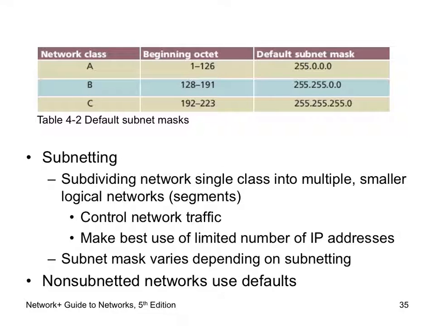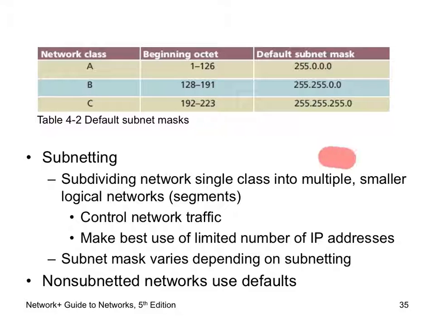So the default subnets, Class A, Class B, and Class C. It just depends on the different 255s you have available or that get plugged in. Class A is one, Class B is two, Class C is three 255s. So subnetting, the big thing about subnetting is it allows you to